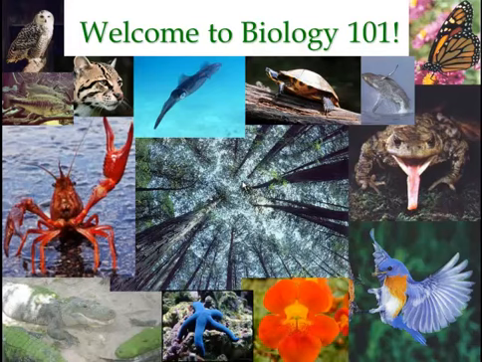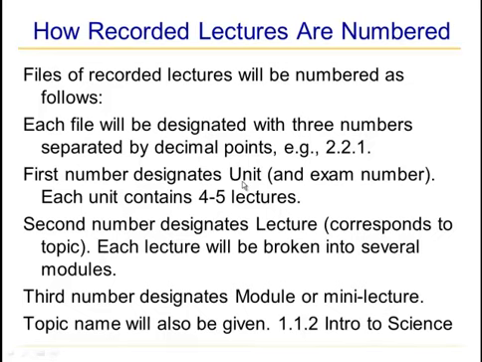I would like to just say a couple words about how the modules in the course are organized. You notice each module will be designated by a three-digit number, or three numbers, and they may be more than one digit each. So an example would be right here,